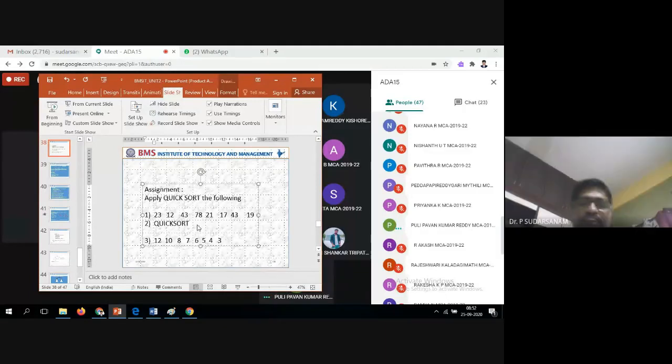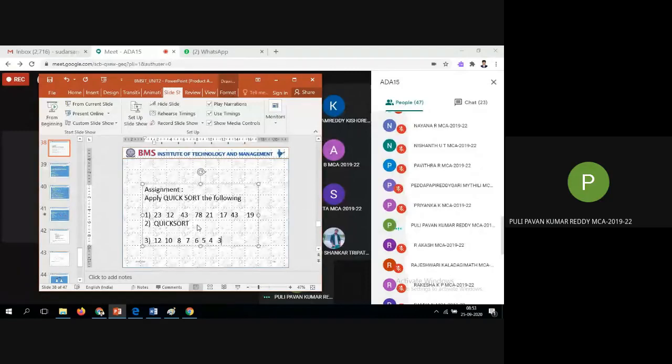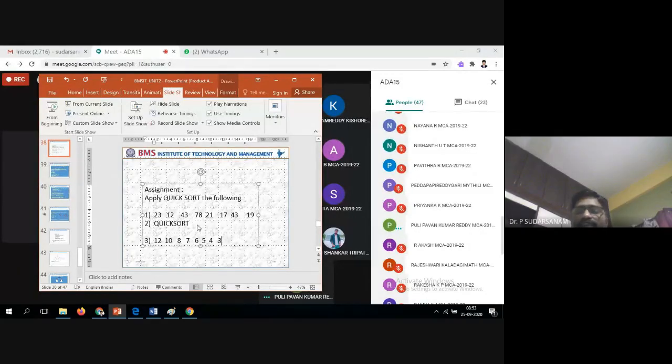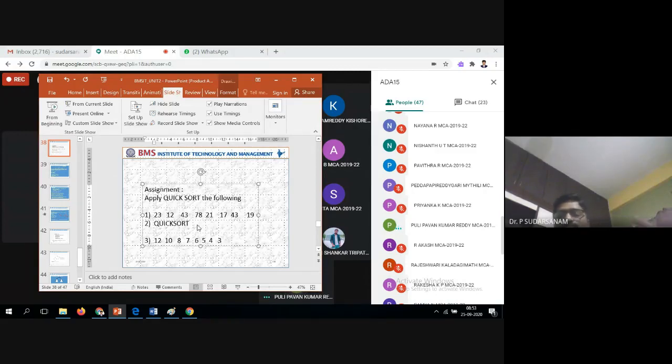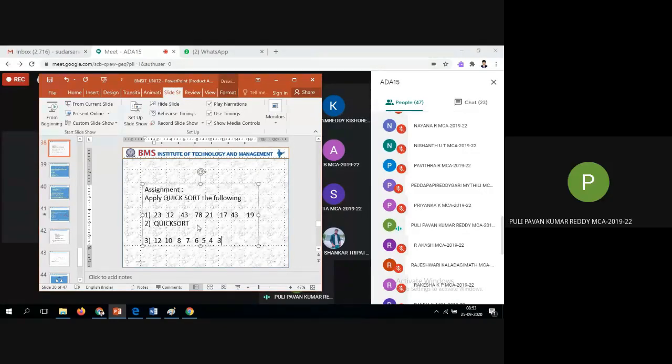Pawan, for you only. Now, what is the first pivot element according to yesterday's problem? 12, sir. So, can you tell me left hand side what elements will be coming for 12? 3, 4, 5, 6, 7, 8, 10, remaining all elements. After 12, do you get any elements on the right? No, sir. Okay. Next pivot element is 10. After partitioning, do you have any elements on the right hand side?